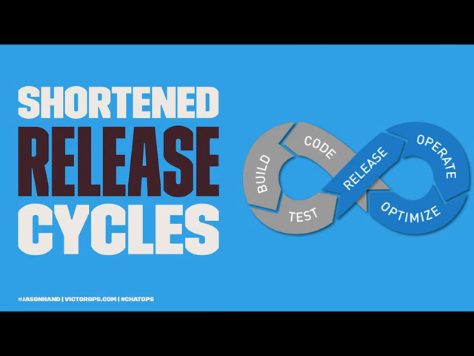Most of this is designed to just shorten the release cycles. The quicker that we can get our software developed and then tested and moved through all of the different phases of the release cycle, the shorter it takes for us to get feedback. That's feedback that we're going to get from our monitoring and our metrics and our anomaly detection services. It's feedback that we're going to get from our end users. Any kind of feedback that we can get quicker is going to help us in the long run in developing and then delivering our software to our end users.